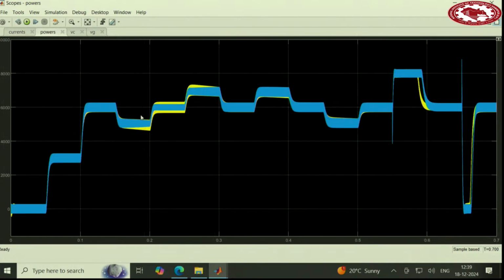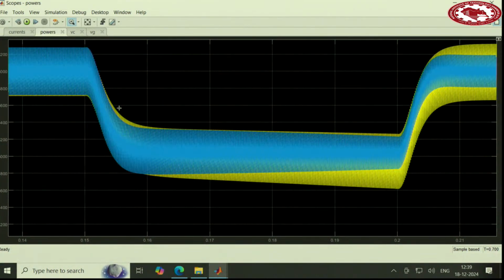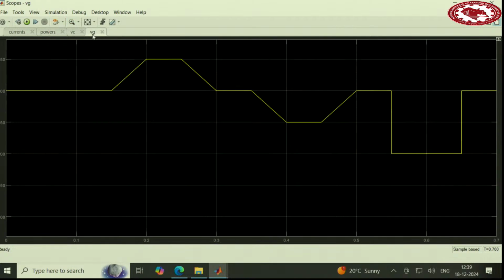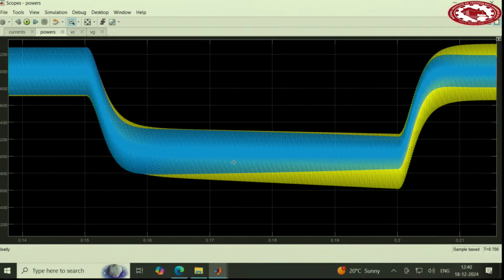And the powers really show the inertia behavior. See? Here is the power which goes down from 6 kilowatt to 5 kilowatt. About 1 kilowatt is really large for a grid voltage changing from 300 ramping up to 350. So for this rate of change, within 0.05 seconds, you will get a power of about 1 kilowatt. So this seems to be reasonable, even though it's not really straightforward now to say much about inertia